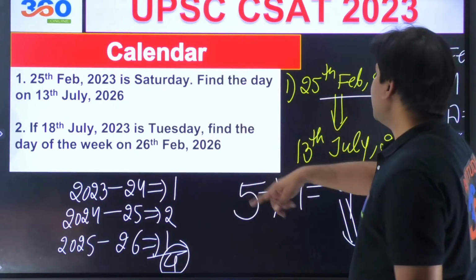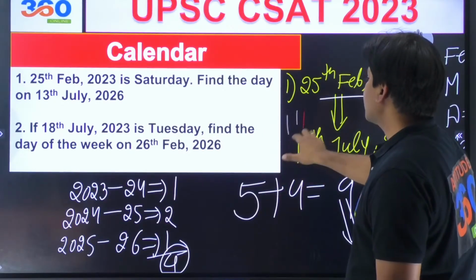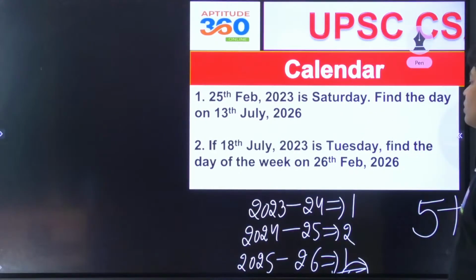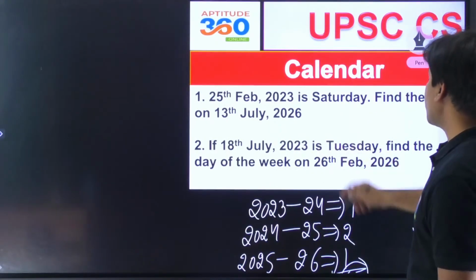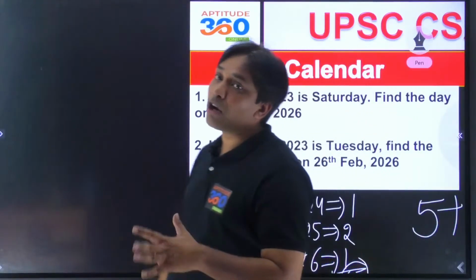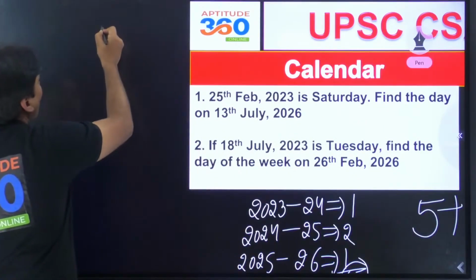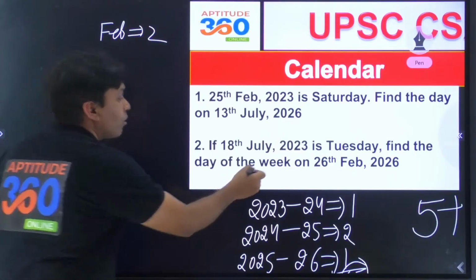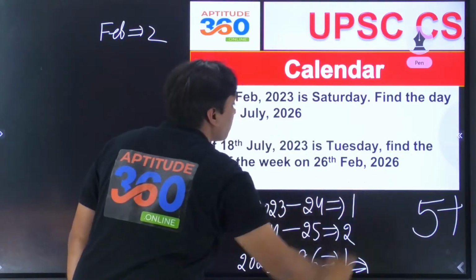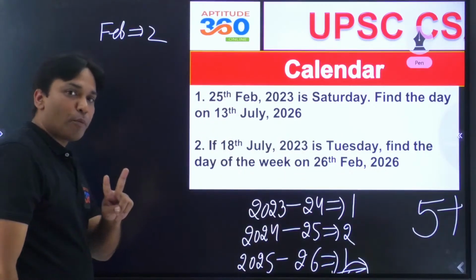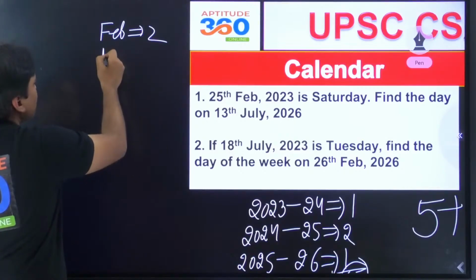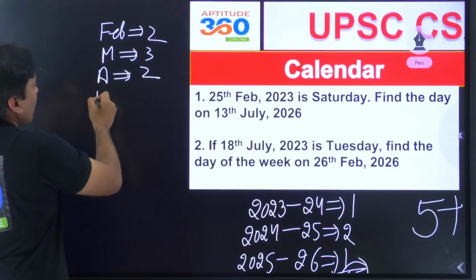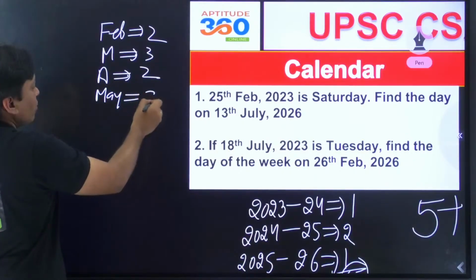Yes, I need you to solve this problem out here. Count the years separately, and count what you learned yesterday separately. 18th of July 2023 is Tuesday and you have to find out 26th of February 2026. So how many of them are going to be there in February? 26, beta. What did I say? From 26th of February, 26 is gone. How many are we left with? 2. And then we have March 3, and then April 2, and then May again you have 3,